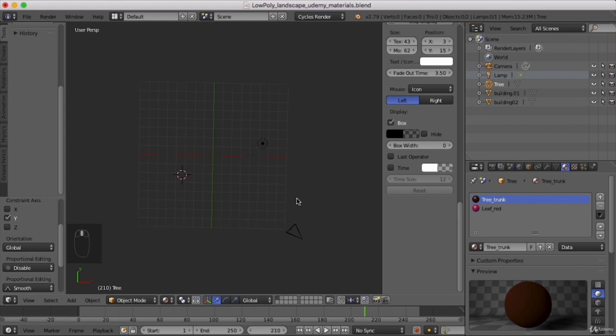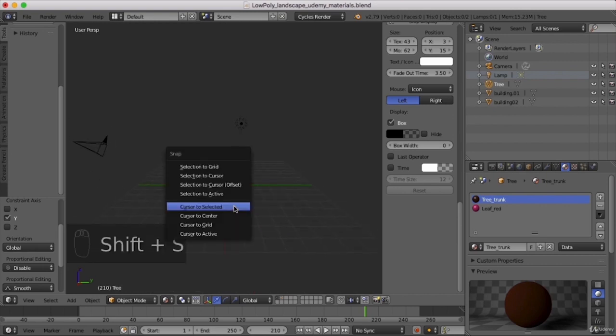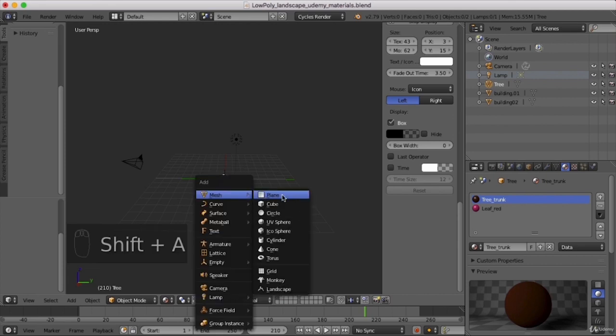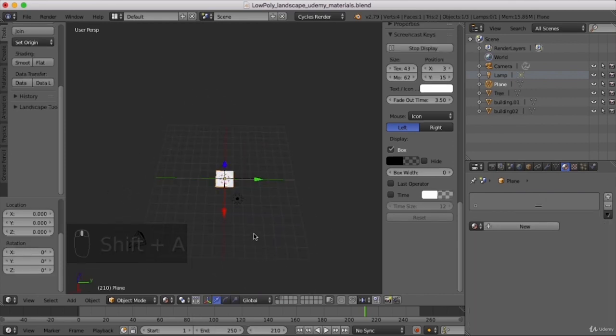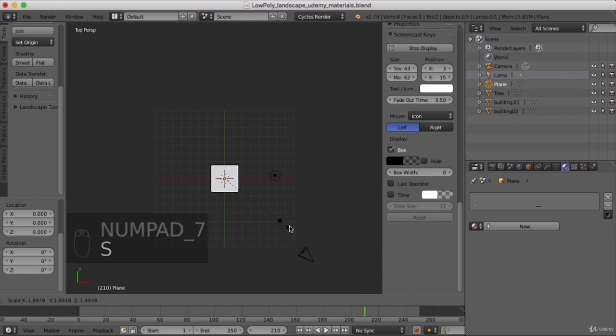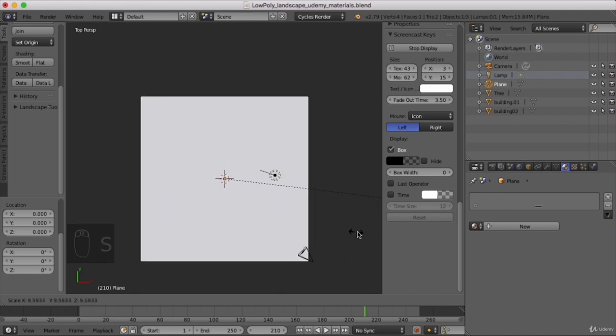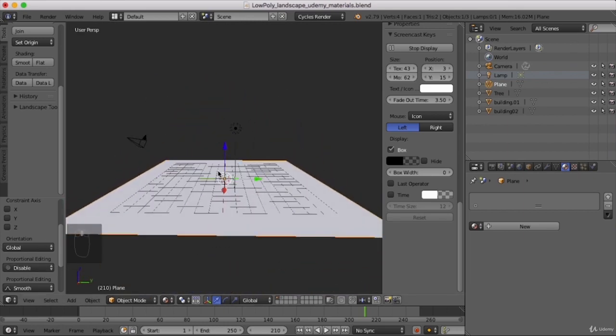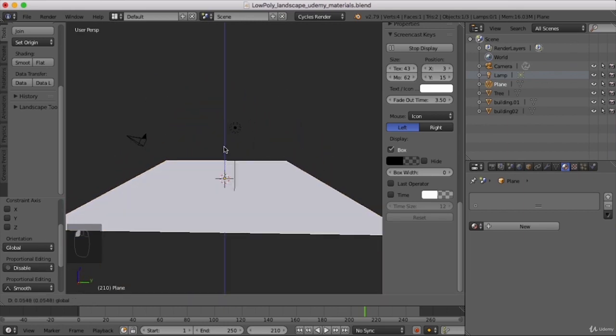So I'm just going to rotate that around, and then I'm going to set my cursor to the center, so Shift S and cursor to center, and now we're going to add a plane, so Shift A and plane. So now you can see we've got a plane in the center. So I'm going to hop back into top view, so 7 on your numpad keys, and then S to scale, and I'm just going to scale that up so it's a bit bigger than our grid, and then I'm just going to bump it up a little bit so you can't see the grid,